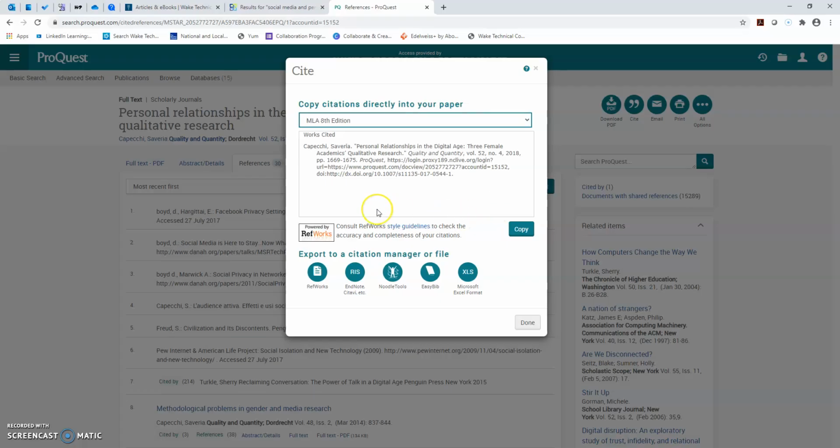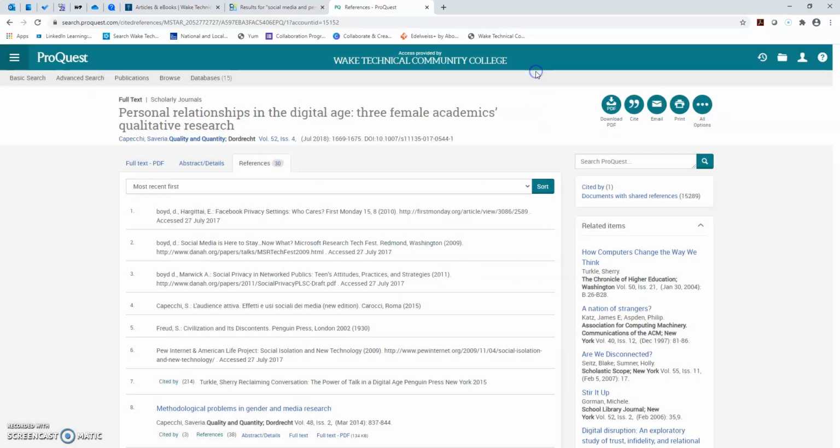I caution you to not just copy and paste this and put this in your paper. Please make sure that you go by the ILC, or that you use your manual to check through this manually. Because this is computer generated, sometimes there may be a few glitches, so you do want to check it out so that you don't get any points taken off from your teacher from just putting this directly in there. Always just use this as a starting point and not a finishing point for your citations.